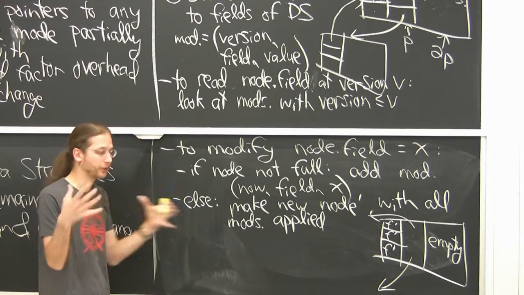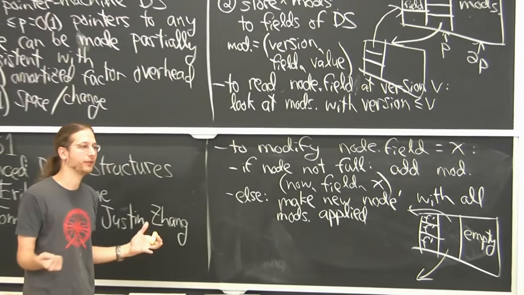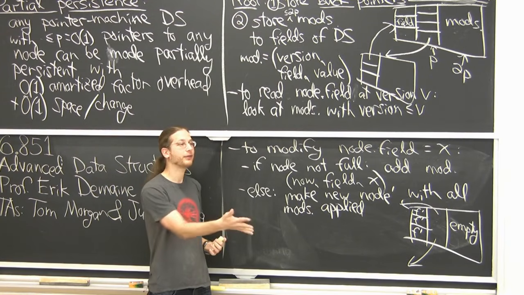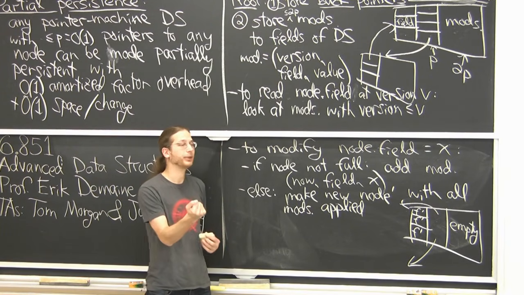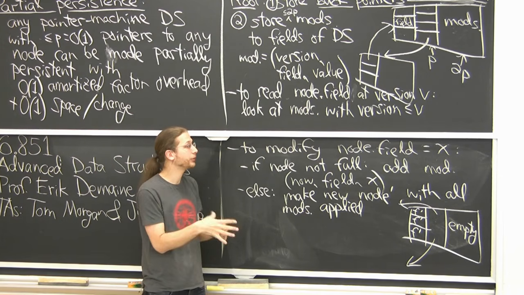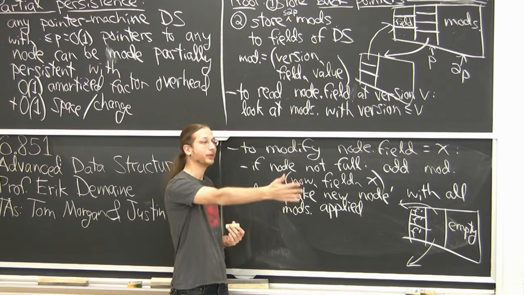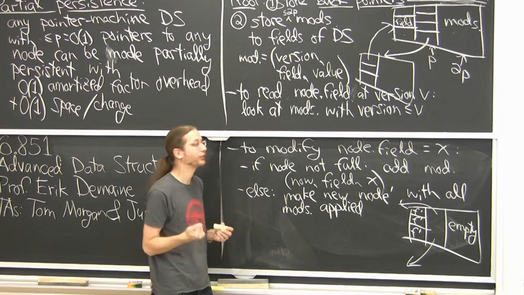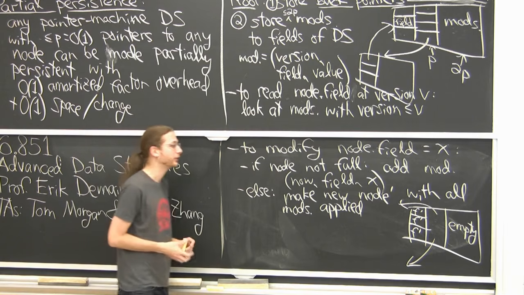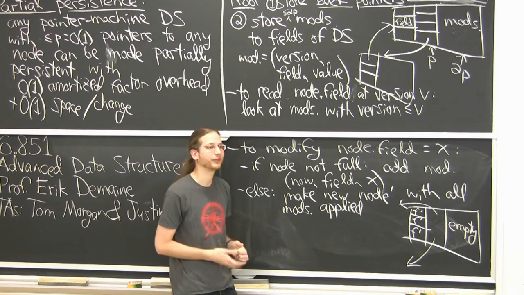You're given the data structure, which is represented by the root node, and you say, search for the value 5. Is it in this binary search tree? Then you just start navigating from the root, but you know I'm in version 1,000,000 or whatever. I know what version I'm looking for. So you start with the root, which never changes, and then you follow pointers that tell you for that version where you should be going. At the root, it's a little trickier. You probably want a little array that says for this version, here's the root node. But that's a special case.